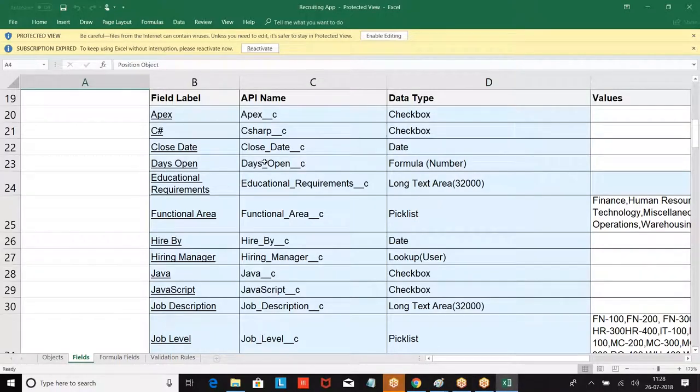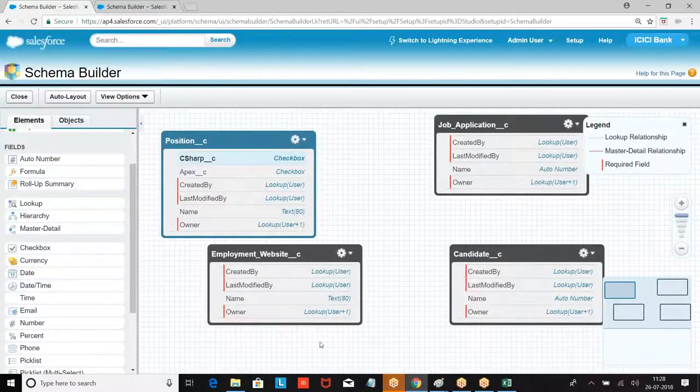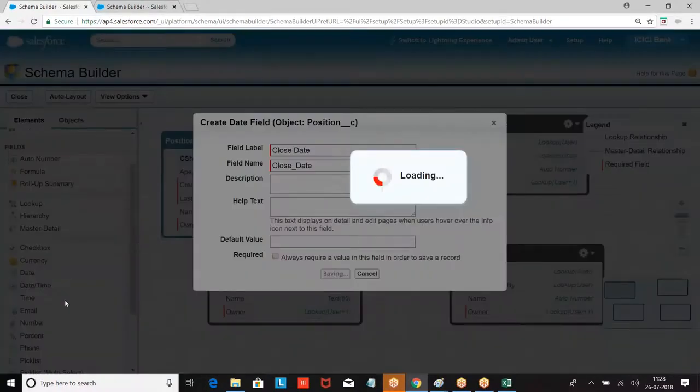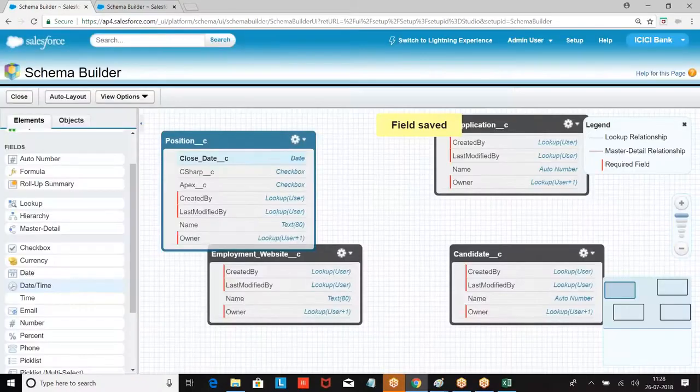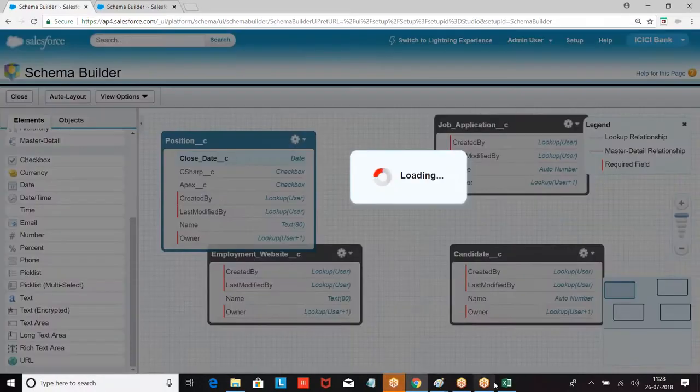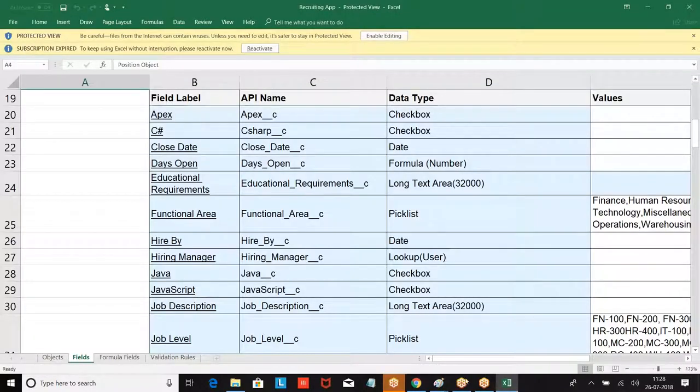Close date, days open is a formula, so I will not be creating that now. The next one is education requirement, which is a long text area. Then I have days open, education requirements, text area long.